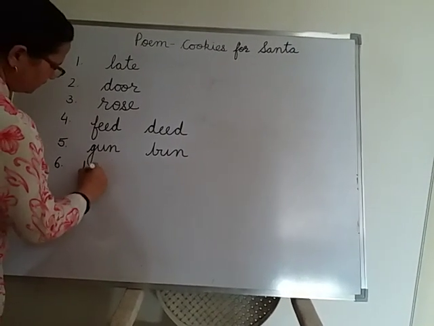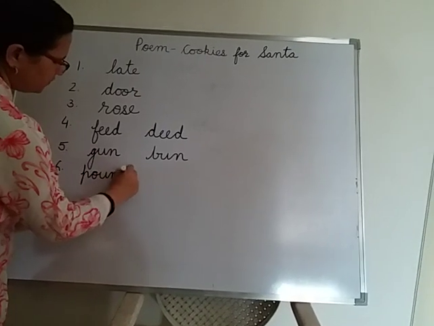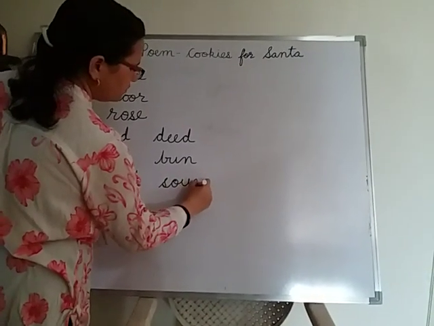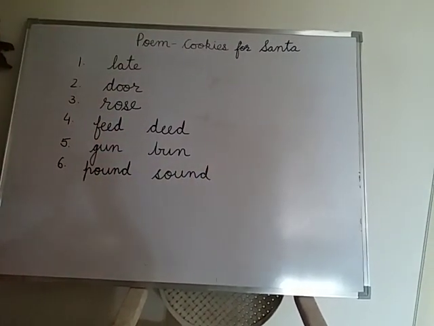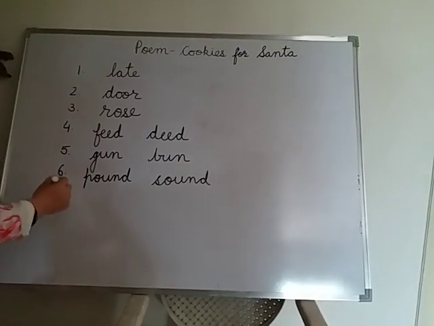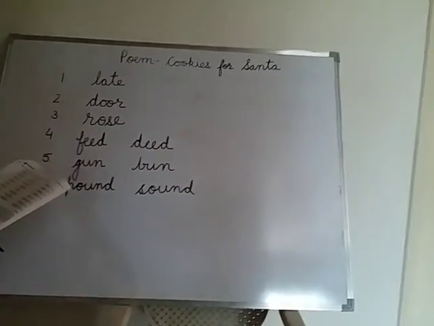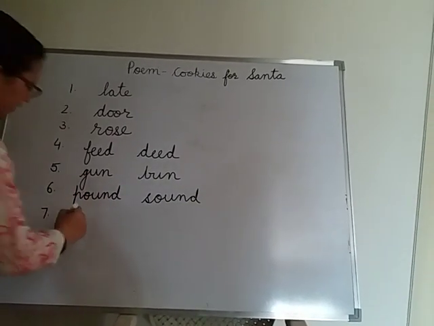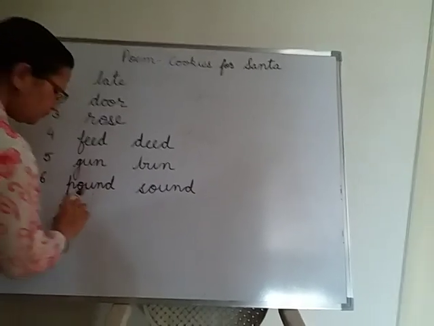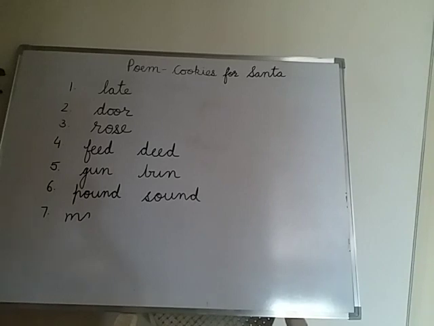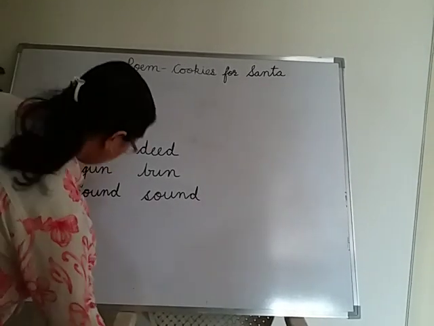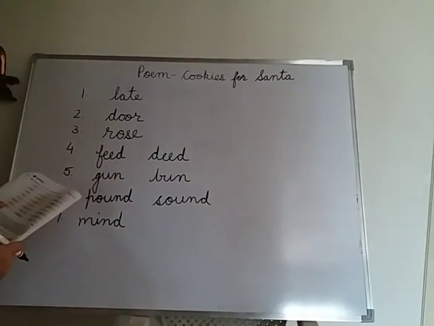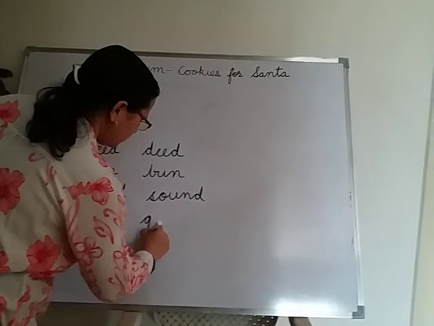Ground, pound, P-O-U-N-D, pound. Now another word, sound, S-O-U-N-D, sound. Next is bind, B-I-N-D, bind. Now you have to write two more rhyming words for this word. So bind, mind, M-I-N-D, mind. And another word which came to my mind is grind,